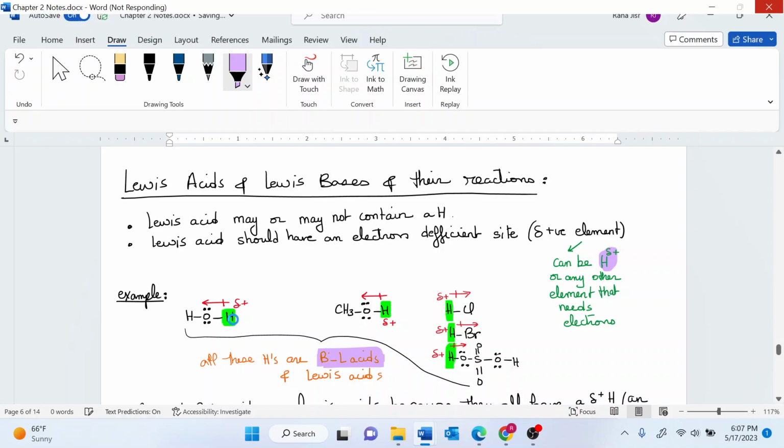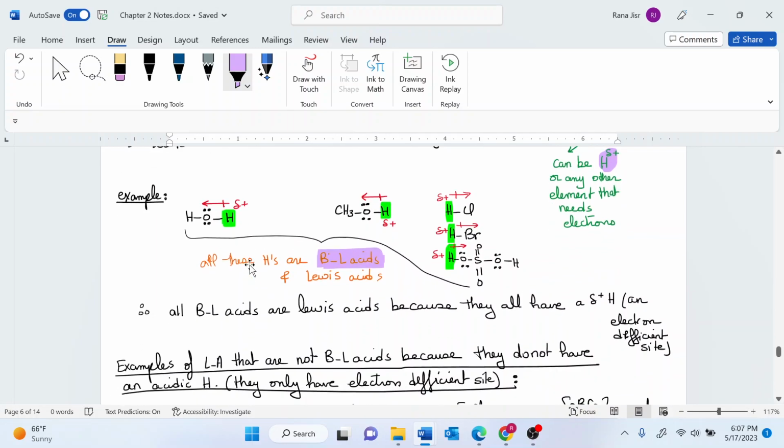So the definition here for the Lewis acid is that your electron deficient site should be there and it should be in desperate need of electrons. Whether it's a hydrogen or something else, it needs to be an electron deficient site so that the base with lone pairs can come and fill this electron deficient site with electrons. So a Lewis acid should have an electron deficient site, and these are all examples of both Bronsted and Lowry acids